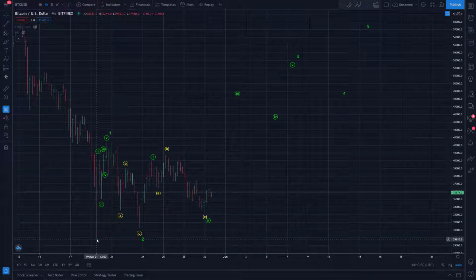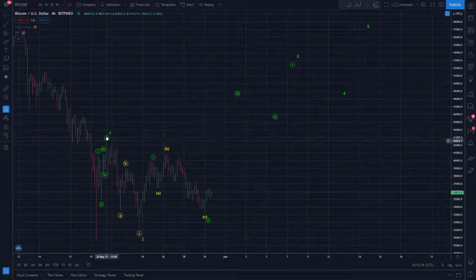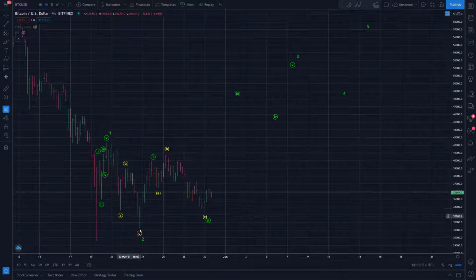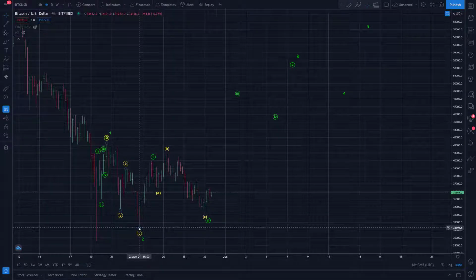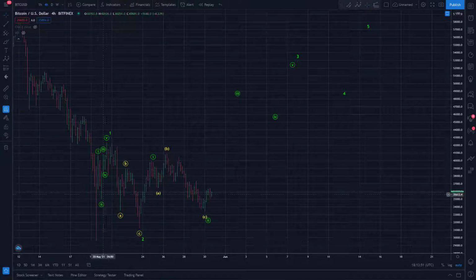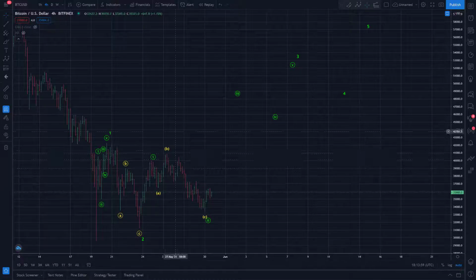But leading diagonals usually aren't the prettiest patterns to have off the bottom anyways. So you can make the case that we have a motive wave off that bottom, even though it is rather ugly. And then you can definitely view this subsequent move down to a higher low here as a 3-wave pullback, ABC down, and that was to just above 31,000 on this exchange. It was 31,230. So potentially 5 up for 1, 3 down for 2. Now subsequent action, here's how I would best view this if we're going to have a bullish lens here,